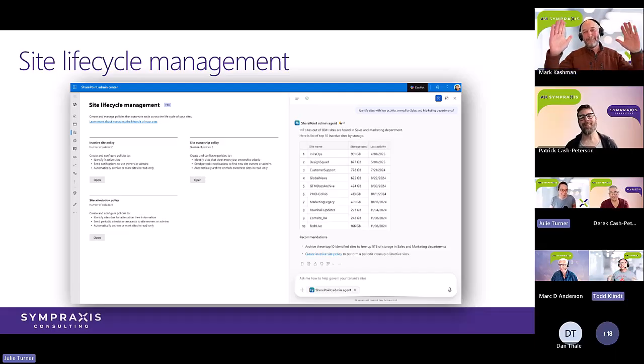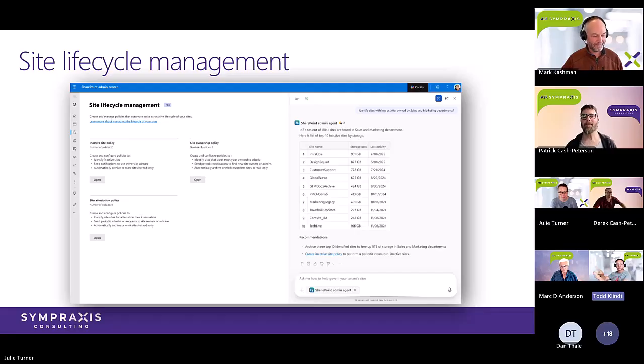There we go. So SAM is huge, and as a lifelong SharePoint administrator, there are a ton of little nooks and crannies and stuff that I would love to talk about, but I picked just two or three things that I think I'm the most excited about and the most applicable to the audience. The first one is the site lifecycle management bit.